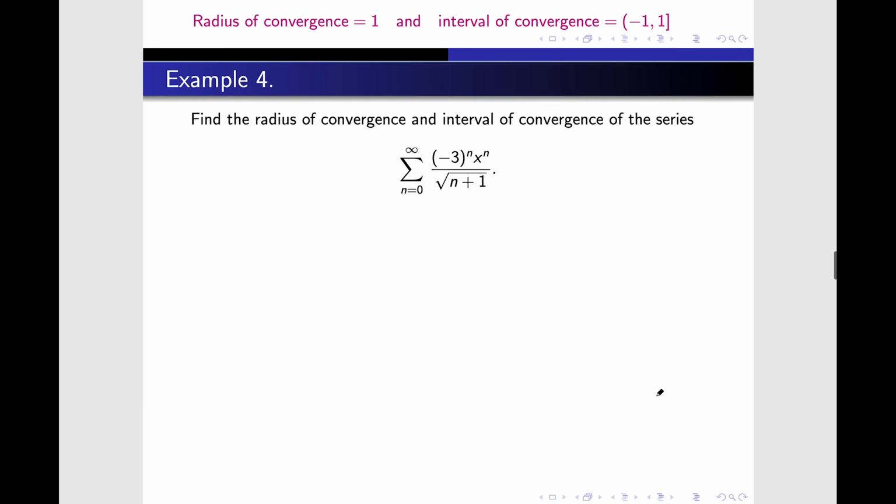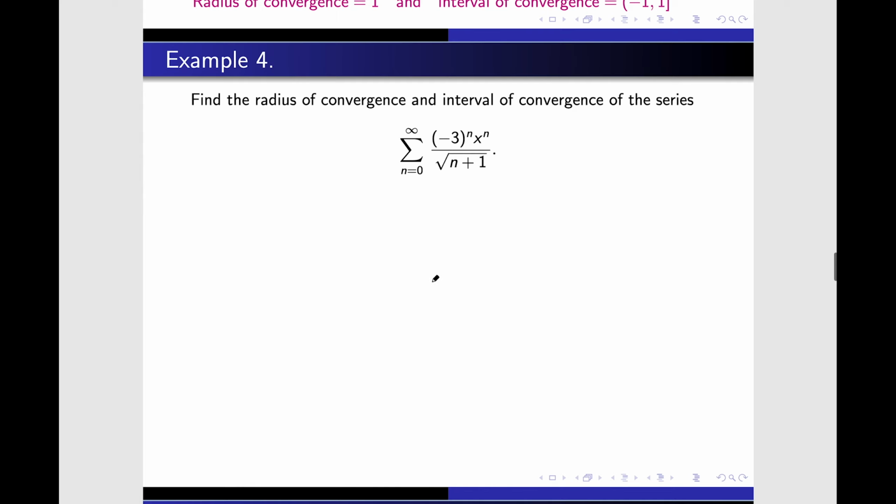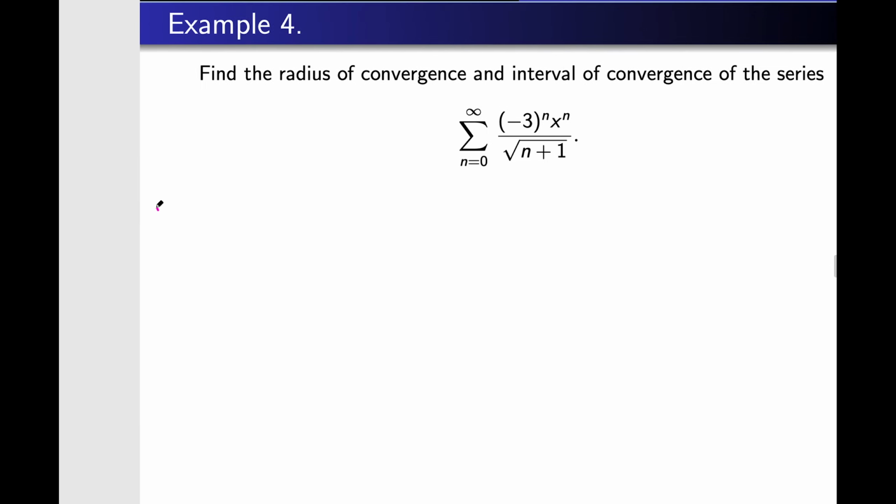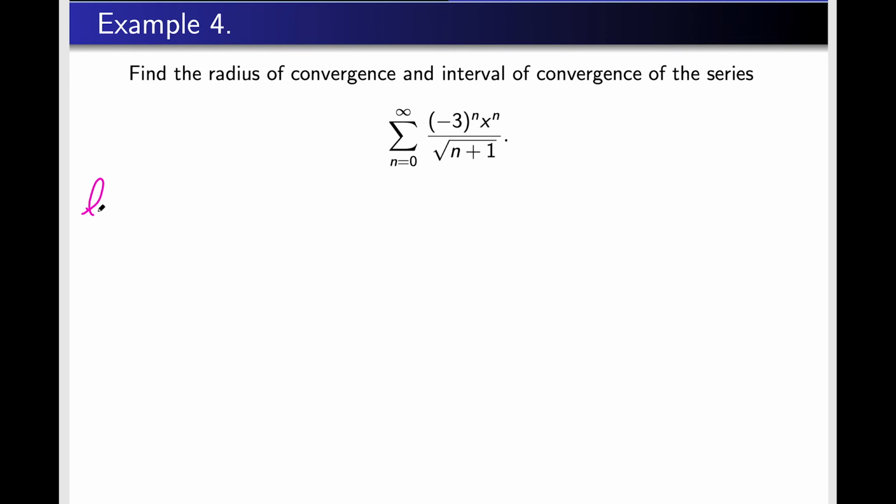All right, let's do this example. The question is, find the radius of convergence and interval of convergence of the series. This is the series now. Well, how about we run the ratio test for this? So the limit as n goes to infinity, if you think about this as being a_n, so the absolute value of a_{n+1} divided by a_n,